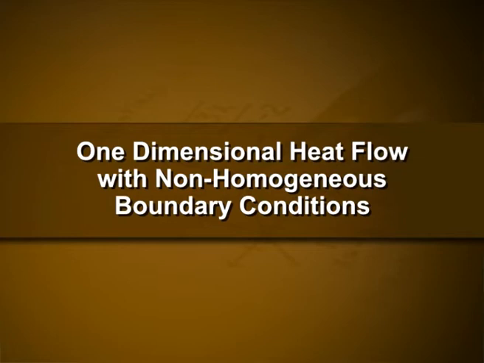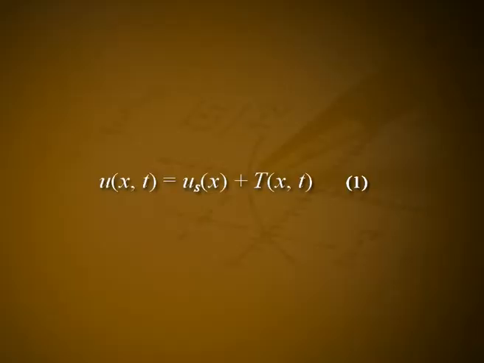One-dimensional heat flow with non-homogeneous boundary conditions. When the ends A and B of the rod are maintained at temperatures different from 0, then these boundary conditions are called non-homogeneous. In such cases, we break the problem into two parts, that is, u(x,t) = us(x) + T(x,t), let it be equation number 1, where